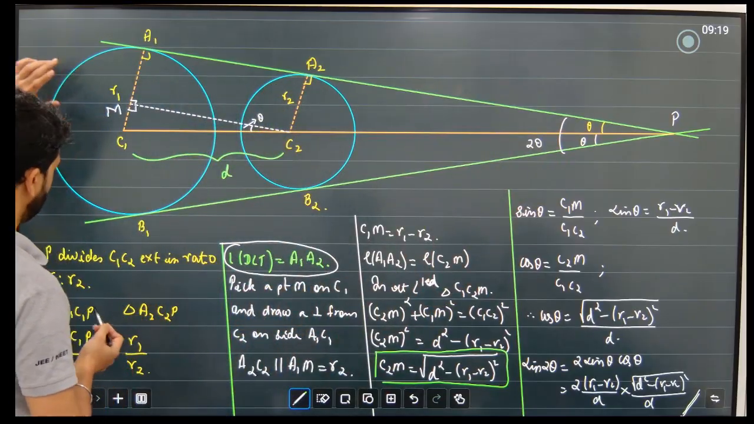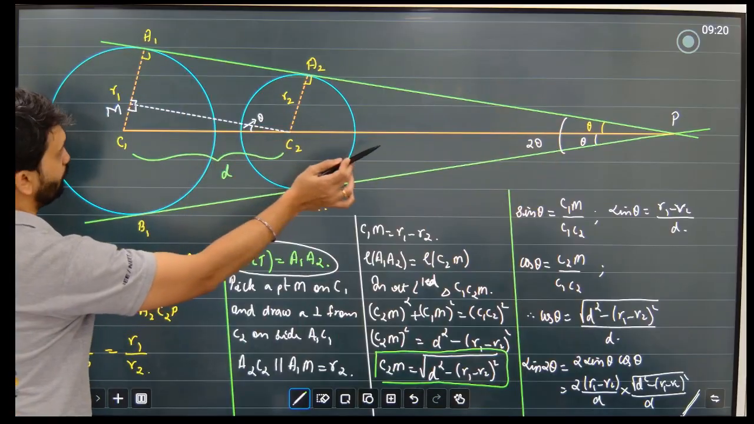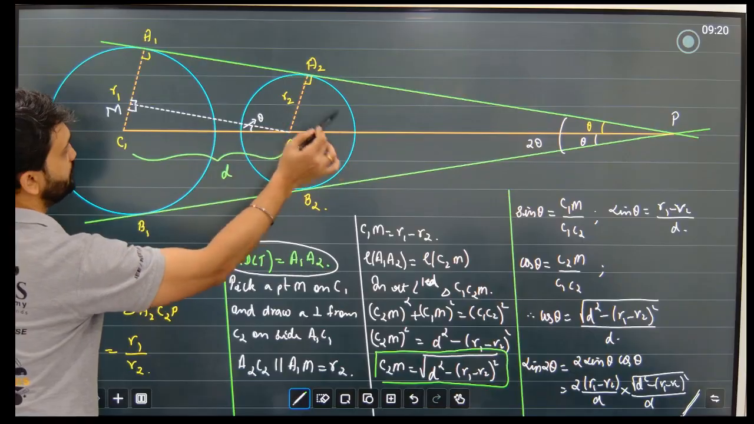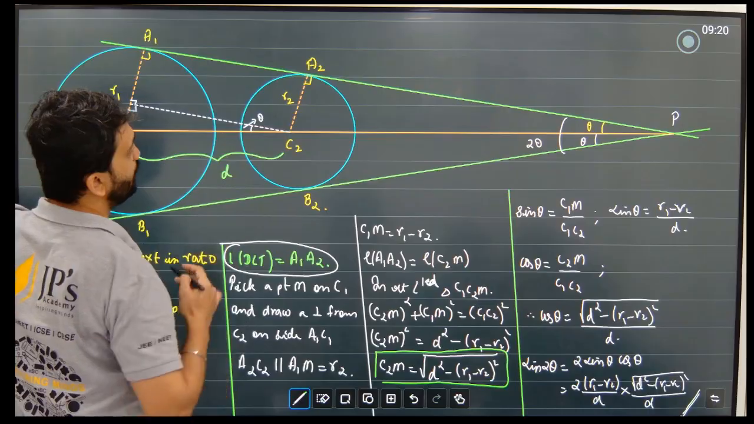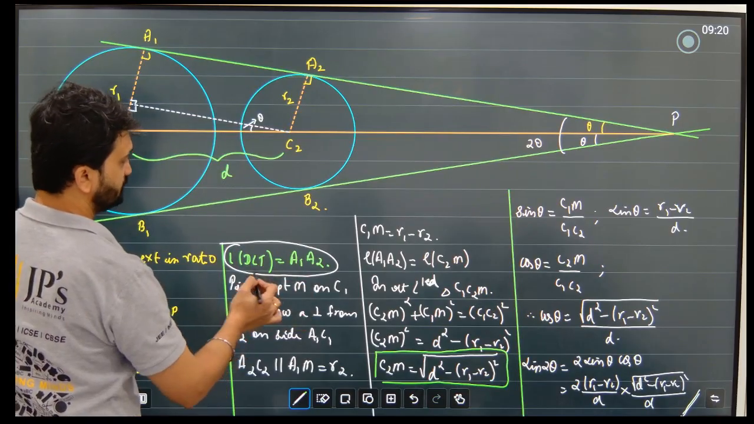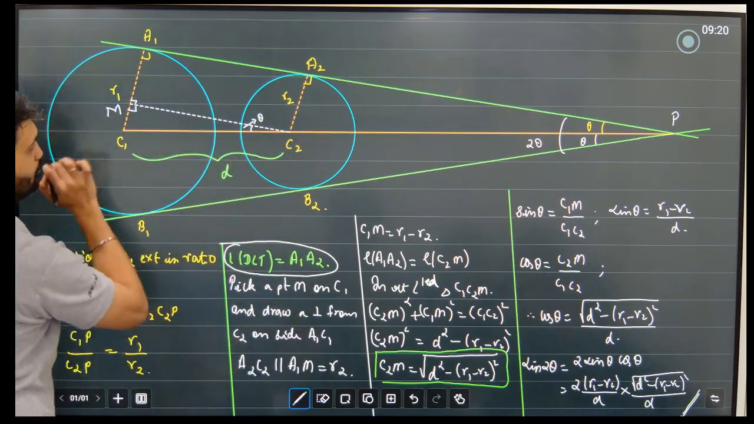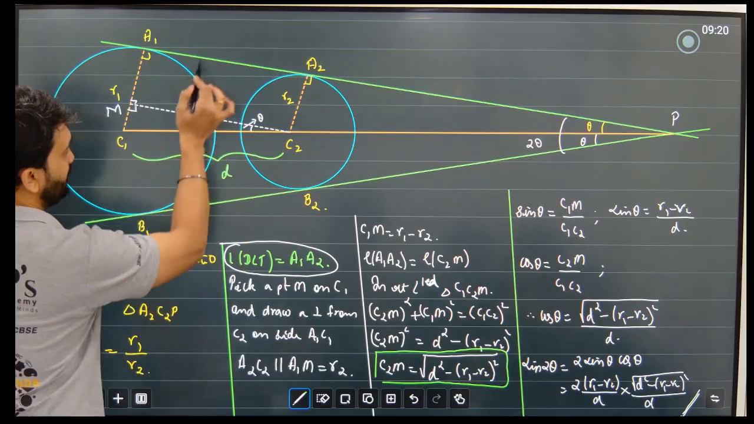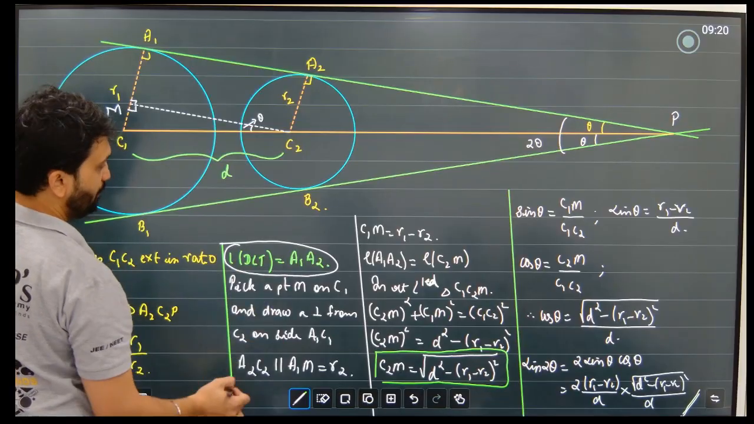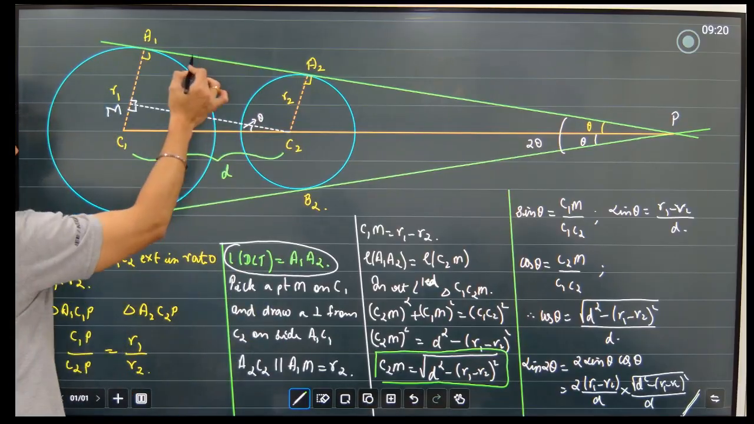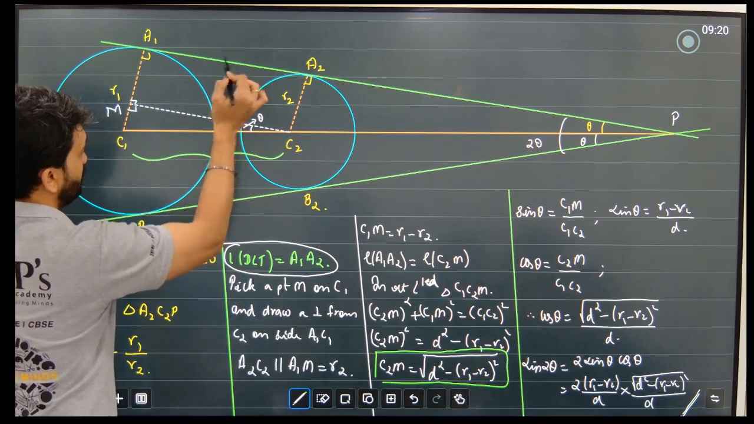When I look at the first triangle, that is for P A1 C1 and P A2 C2, A1 C1 P and A2 C2 P, they are similar triangles in the ratio R1 is to R2. I have taken A1 A2 as the direct common tangent, that is, the length of the direct common tangent. I have drawn a perpendicular to that, a line that is parallel and perpendicular to the side A1 C1. After that, since it forms a rectangle, the opposite sides are